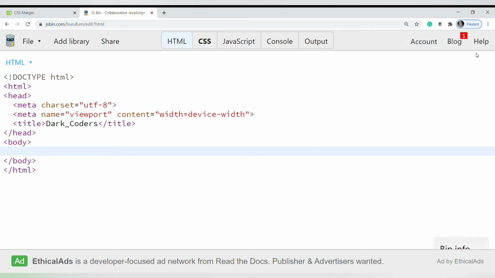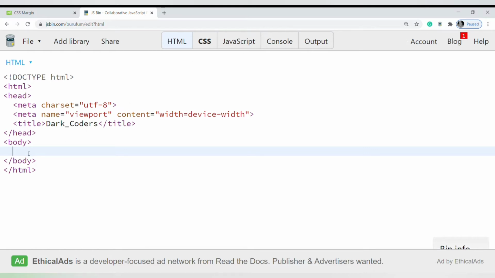From this video, we are going to begin our CSS course. As I have told you in my last video, how to use JSBin software and Brackets software for HTML and CSS at the same time. If you haven't watched that earlier video, please go and watch. That is necessary to be watched. Okay, so now let's begin with our coding.